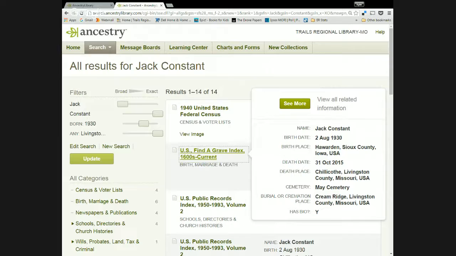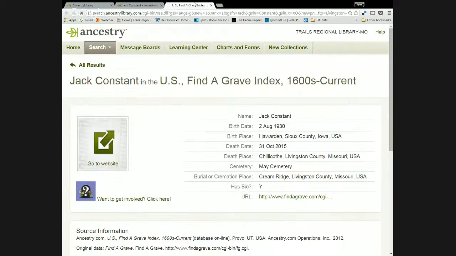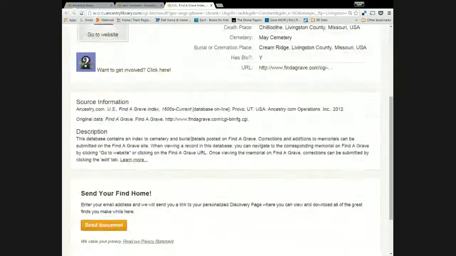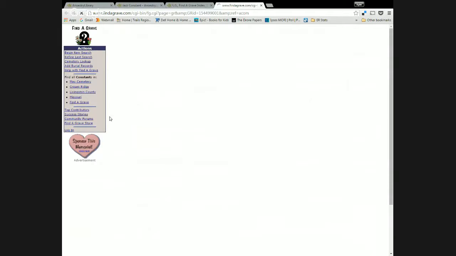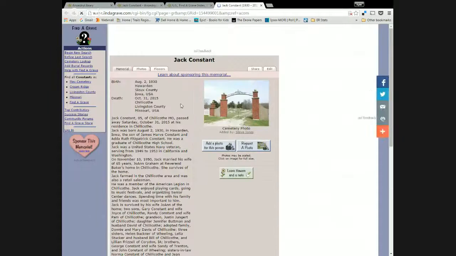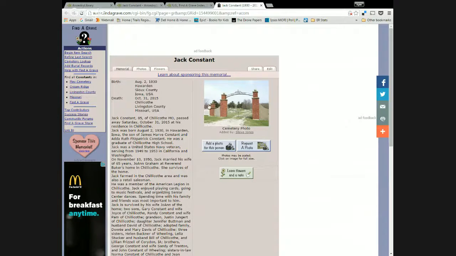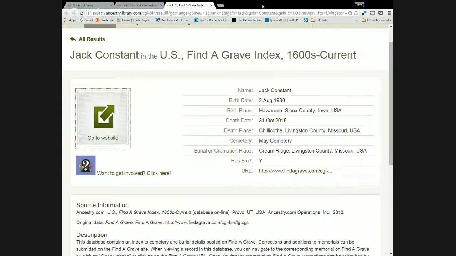And again, my grandfather recently passed away, but they've got documentation of his obituary and where he was laid to rest and when he died and things like that. You can go to their website and see some of this information. But again, this is not Ancestry information. It's just documentation that they have in Ancestry. So it's available there, and you've got records there that can help you find some people, but they're not necessarily